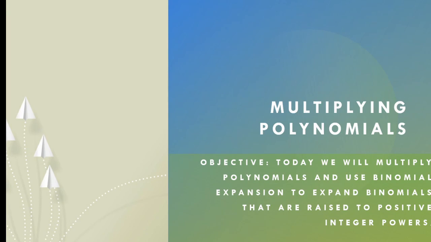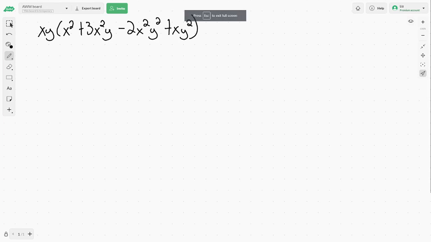Today we will multiply polynomials and use binomial expansion to expand binomials that are raised to positive integer powers. When multiplying polynomials, you're just going to use the distributive property. In this example, we're going to distribute the xy times each separate term in the polynomial that we're multiplying it